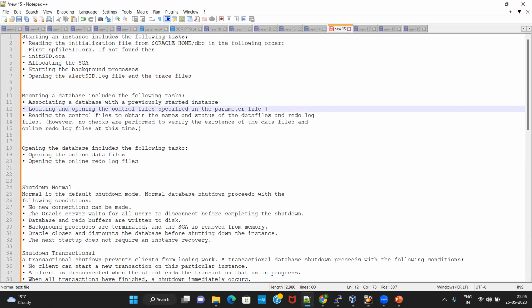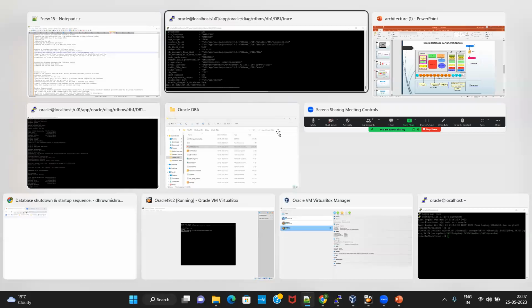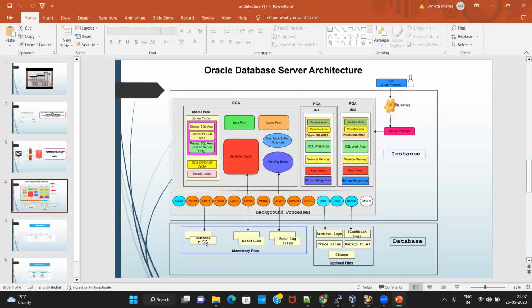Then, after locating the control file, the Oracle server will read the contents of the control file. What information does it need from the control file? It basically needs to find the names and locations of all the data files and redo log files that are present in the database. So if we come back to this diagram, we said that this control file will have